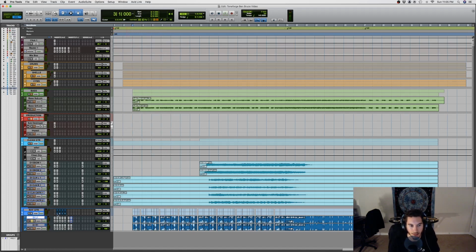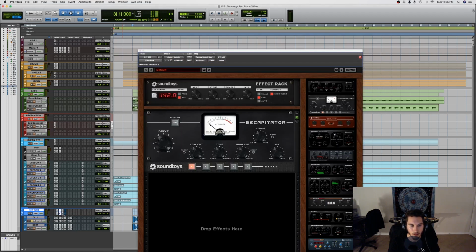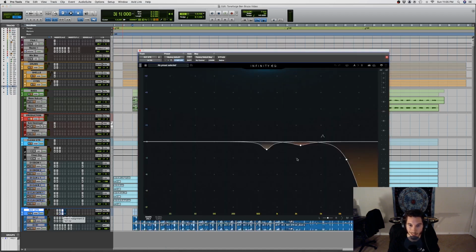Beyond that, in the mix, I'm just doing a little bit more EQ. Again, taming the low end, getting rid of a little bit of that bloom, and then cutting out some mid resonances, saturating it a little bit, and then more EQ. It's going to tame the high end after I saturate it because that's going to add some high end. So I'm getting rid of that super high end fizz and then taming some boxiness, taming some more fizz,